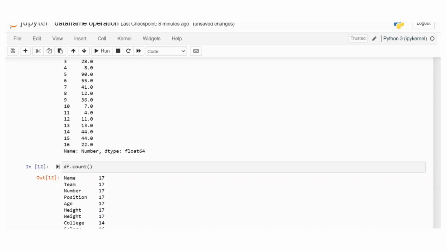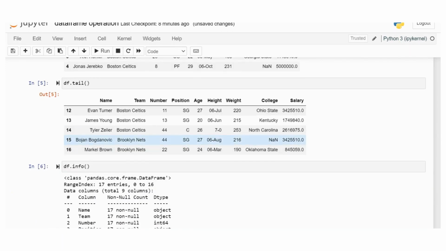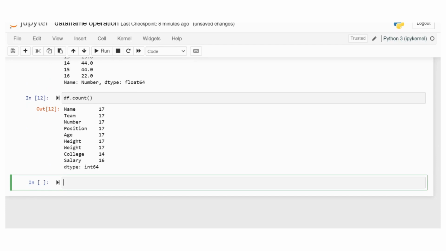The count function shows name has 17 rows and team is 70. All values are 17 rows and 70 columns. And the non-null values: the college column is 2, and the salary column has non-null values as well. The df.count function is used to count the non-null values in the given data set.